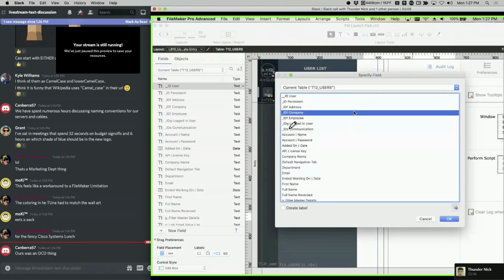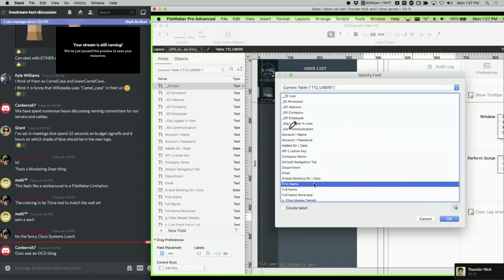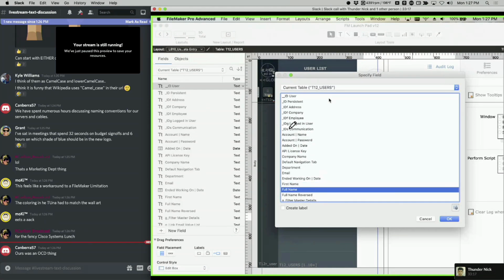With your solution, you have to type name, and then let's say I want the full name, you have to go to the full name. With my system, I want the full name, I have the full name. I don't need to do name and then look for the full. This is why there are inconsistencies, because Nick and I don't agree on everything. That's just the way it is. You have to pick the thing that works.